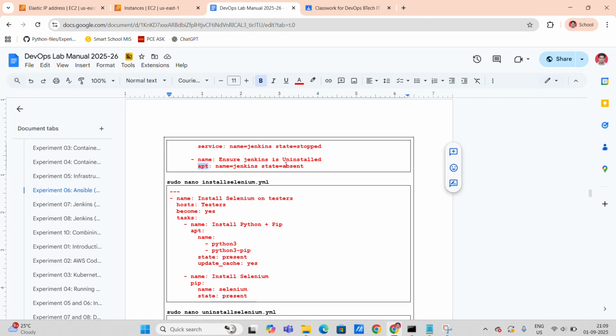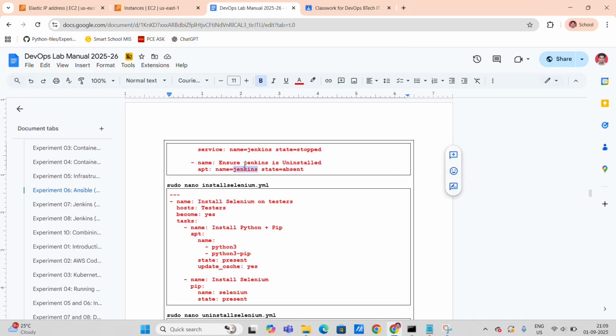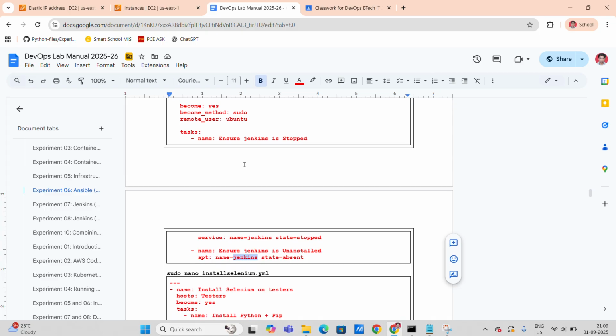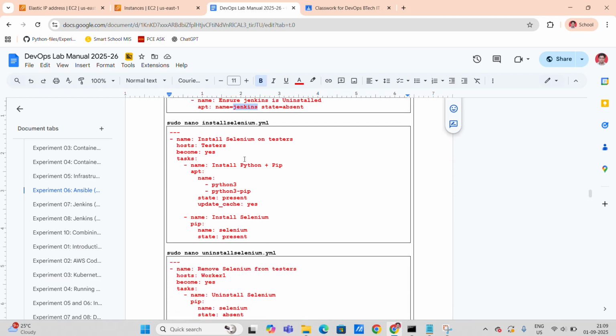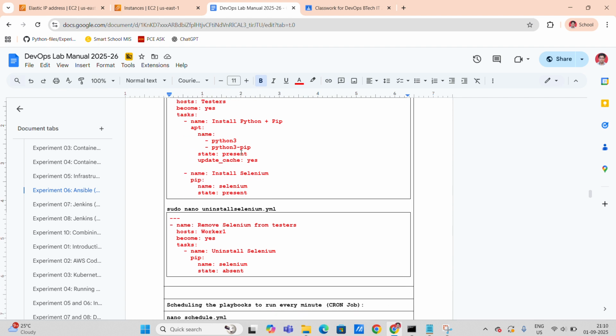Sorry, apt tag again, and then making the state as absent for Jenkins. All right, so that's pretty straightforward. But the installation procedure was a bit difficult, right? Now, when we come to Selenium,